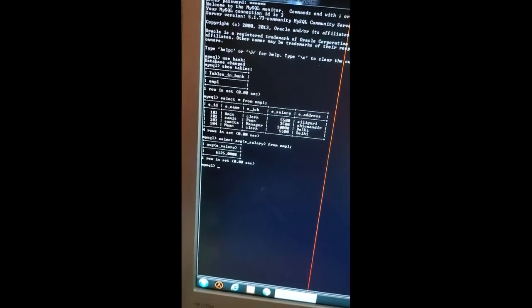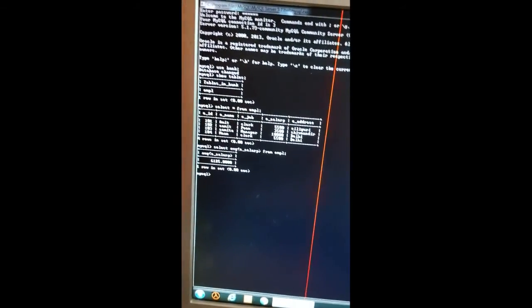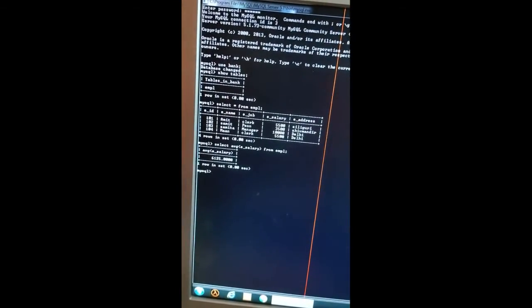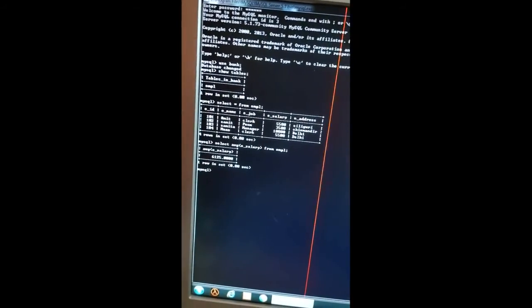Then what answer does it give? Just see. The answer is 6125.000. The salary may be in decimal, so it displays the same. If you face any problem, you can also calculate it manually. As you know, the formula for average is the total sum divided by the number of records. So the total divided by 4 is 6125.